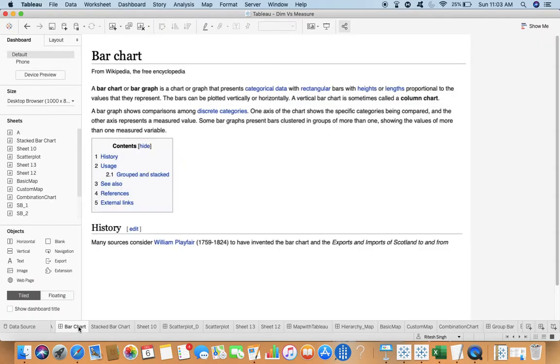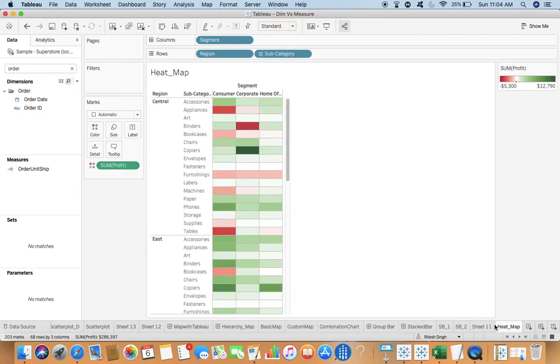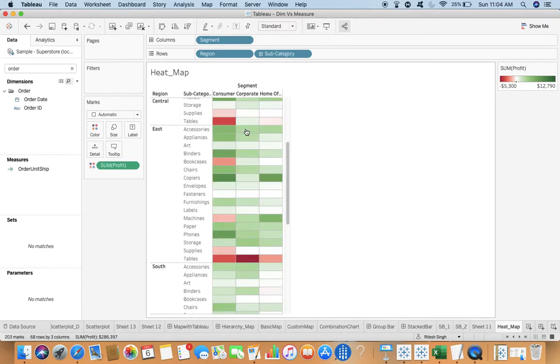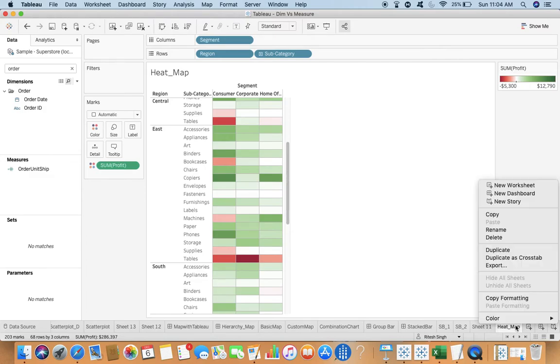So we talked about two types of chart. Last but not the least, the heat map. We would like to communicate with colors. Heat map means communicating with colors, right? So for example, we are trying to communicate over there that for the segment corporate, maybe this one, for the segment corporate and subcategory tables, we are in loss. The maximum loss is under this. So we can create a new one, not an issue.